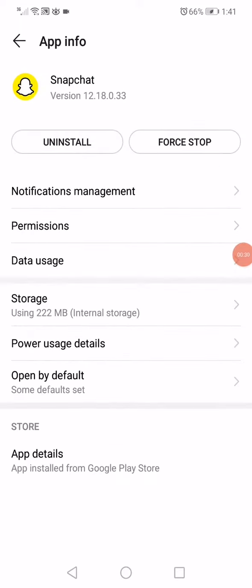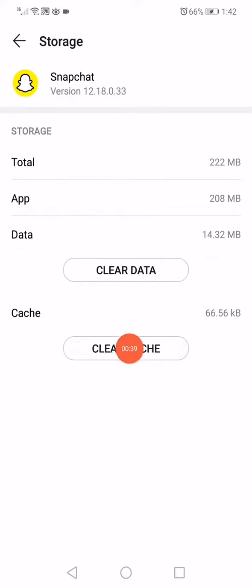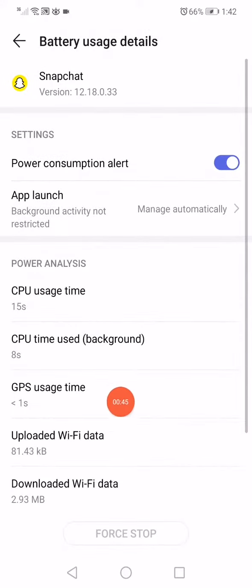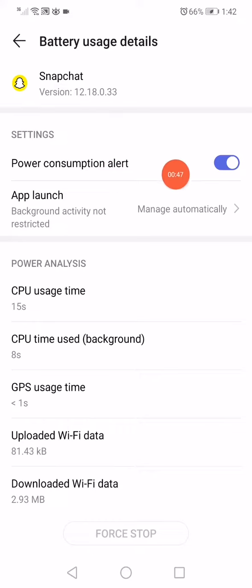Now what you want to do next is click on this force stop right here and go into the storage here, click on clear data and clear cache. Go back, click on the power usage details. Right here you will find the power consumption alert, make sure that it's enabled and then go back to the